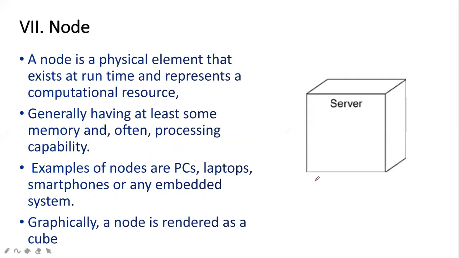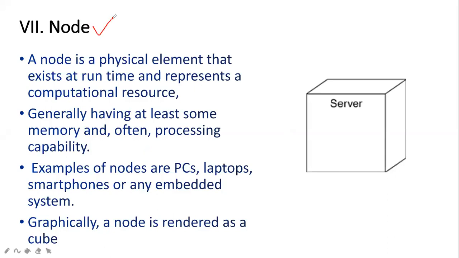Now the last thing, that is called the node. This is the last part of the structural things. All these we have been studying till now are the static parts. These are not dynamic, these are the static ones. These are the nouns of the UML. So the seventh one is the node.